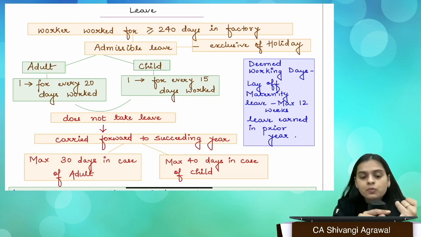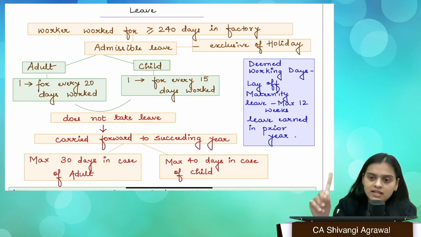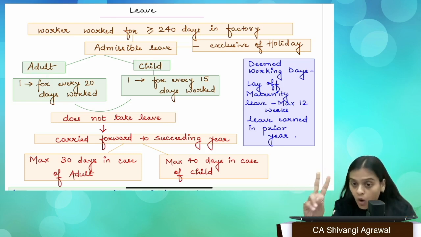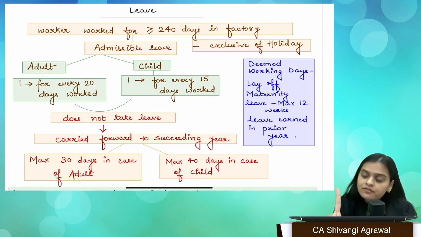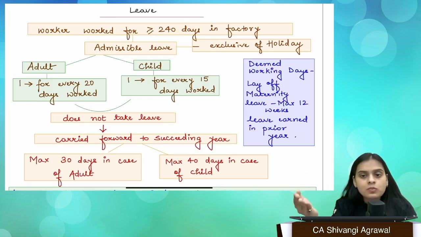So here also you get a weekly off, that is different. You get the holidays which are off, right? Holi, Diwali, whatever it is, that is different. Apart from that, you are entitled to annual leaves. Annual leaves like what? For every 20 days that you have worked, you'll get 1 day of leave, right? Supposedly you have worked for 40 days, so you are entitled to 2 days of leave. That's how it is calculated.